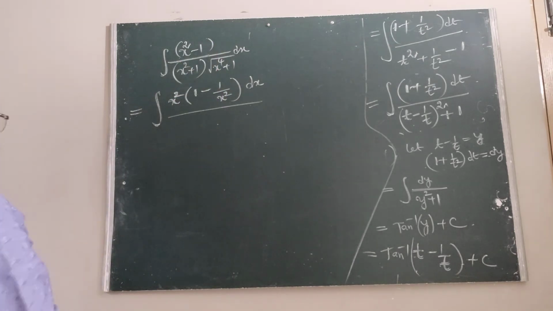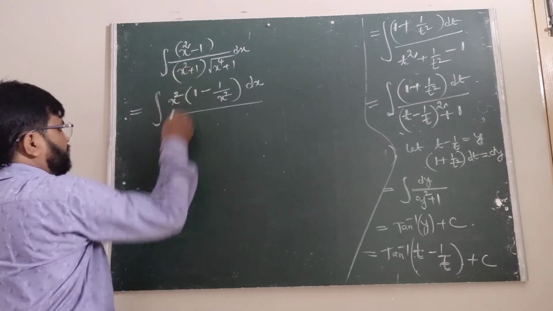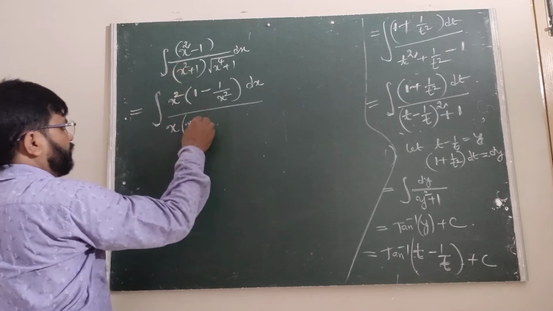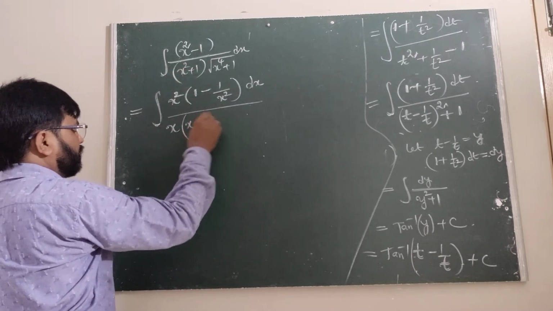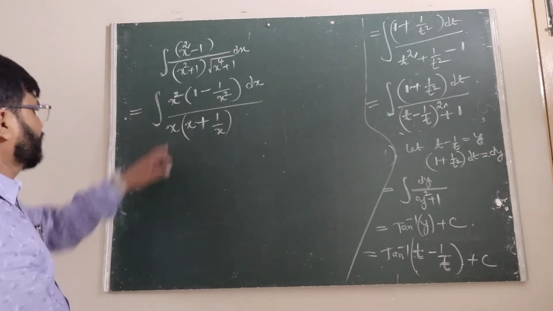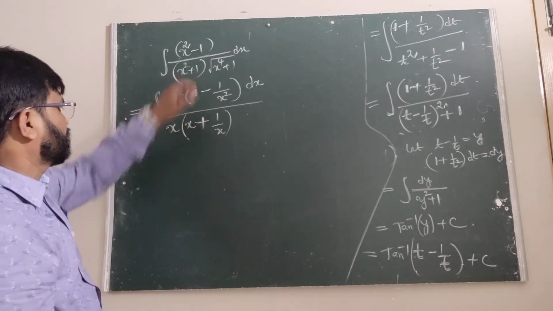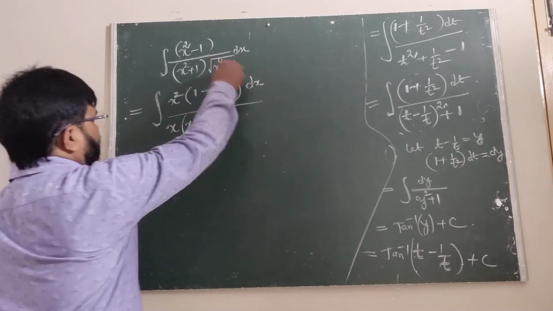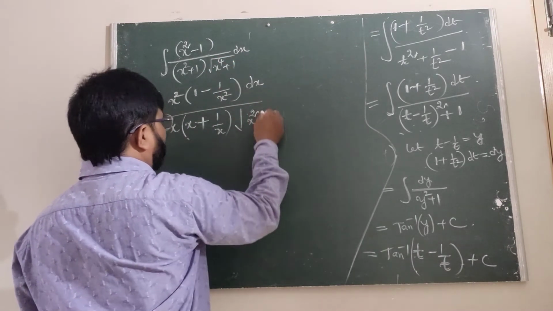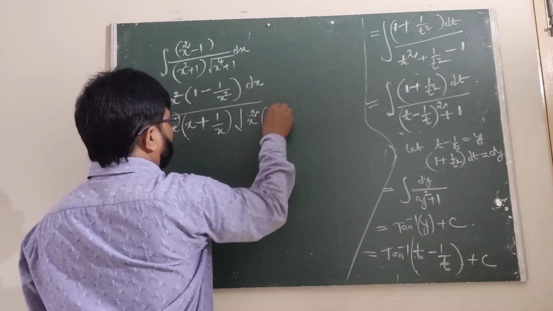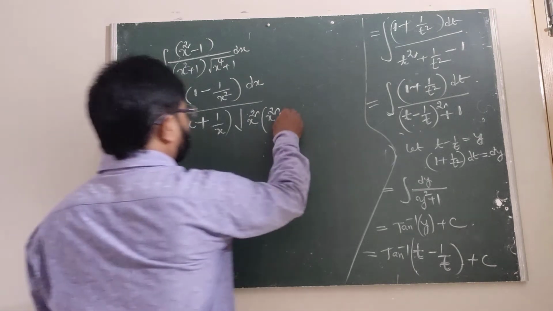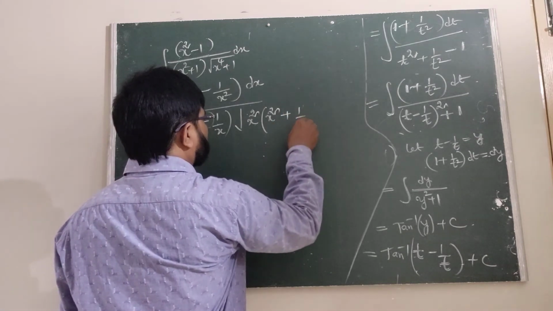Now in the denominator we have to take the common one, which is x, that is x into x. X into x is x square, so this is 1 by x. Is it clear? X into x is x square, x cancels. But in the denominator, in the under root part, we have to take the common factor x square, that is x square into x square is x power 4 plus 1 upon x square.